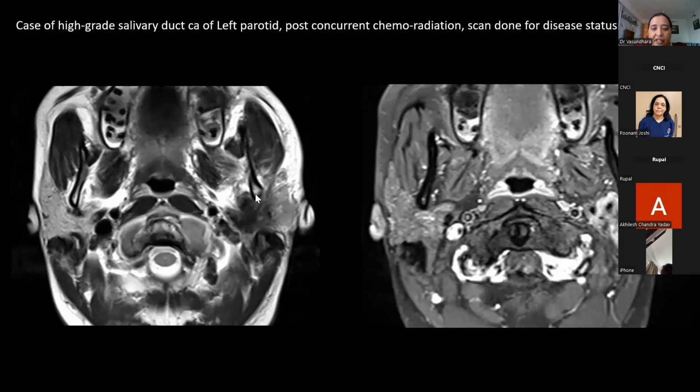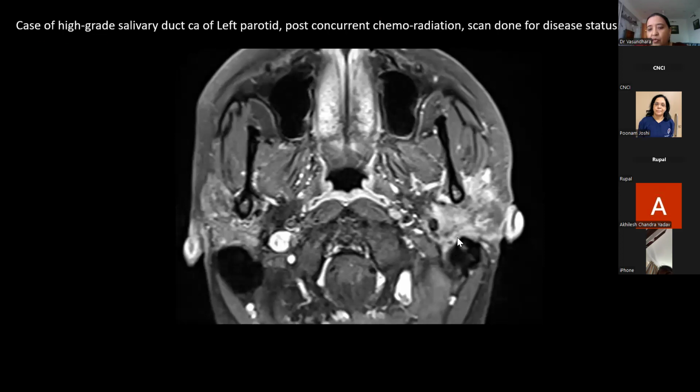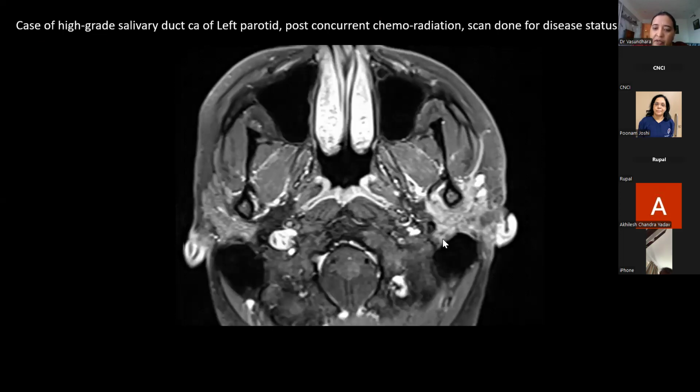This was a case of a very malignant, very T2 dark, and irregular lesion involving the superficial lobe as well as the deep lobe. If you see the post-contrast images, this was extending. This is the mastoid tip and the styloid. You search for your mastoid tip, go down, come medially, and you will find your styloid. And this is the groove. The tumor was extending into this groove. Now keep looking in this groove and scroll up. As you scroll up, you will enter the